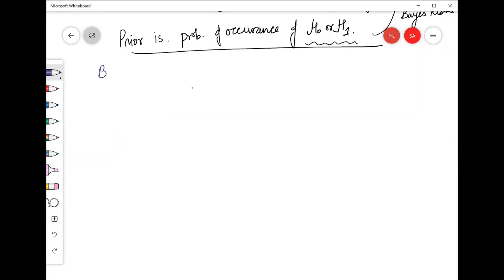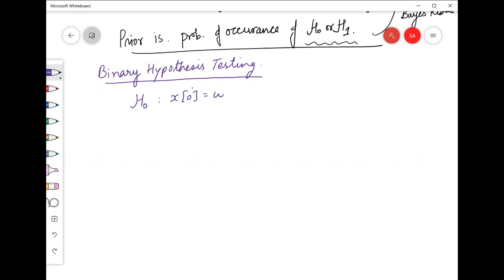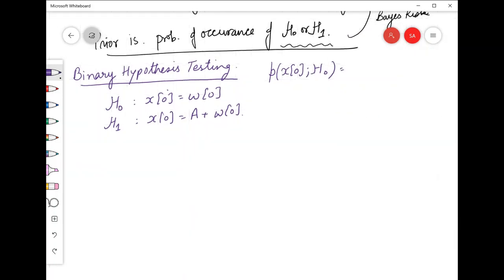I'm doing a binary hypothesis testing, and I have two hypotheses. Hypothesis 0 means x0 is only noise, and hypothesis 1 is x0 is signal, which is, let's say, some DC value and the noise. And I've also written the PDFs of x0 given h0, which is equal to